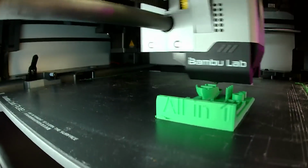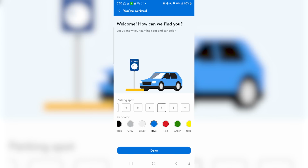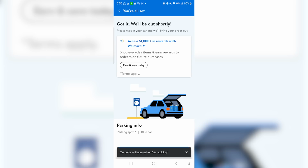You know, I just realized I have a grocery delivery I got to pick up, but while this print's running is the perfect time to do it. It's a good thing that there is also a Bambu mobile app. Oh yes. Parking spot 7. Car blue, done. Great. And now, while we wait...